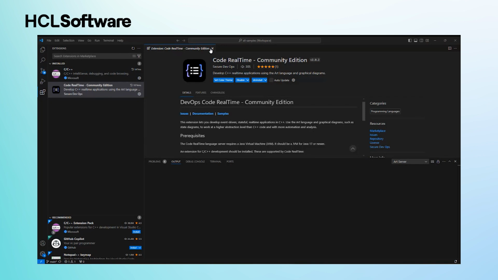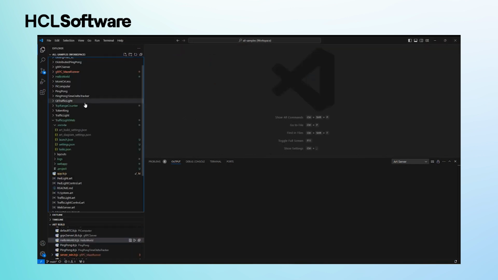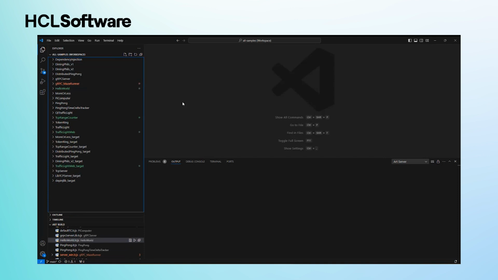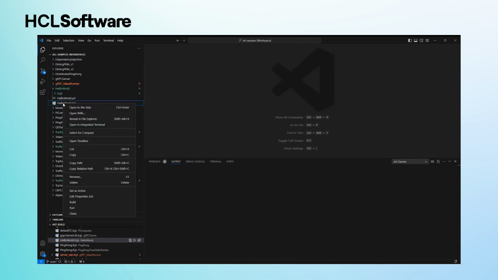And I opened here the workspace that we include with the product. So these are all the samples that we ship with Code RealTime. And there are many ways how you can build things in Code RealTime. I mean, the one that you already saw is maybe the most obvious one, is to right-click on a TC